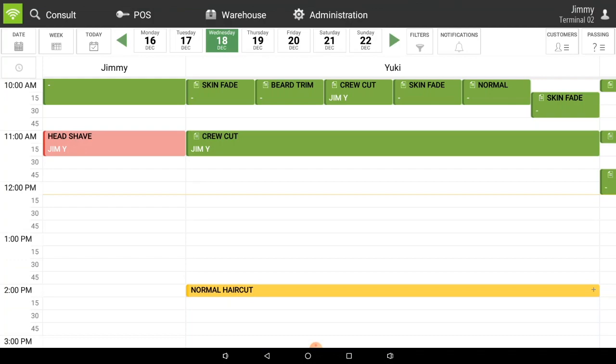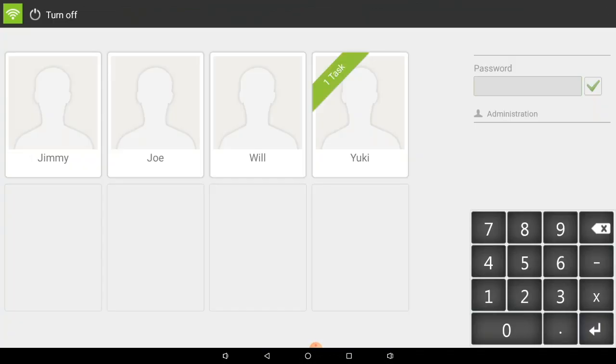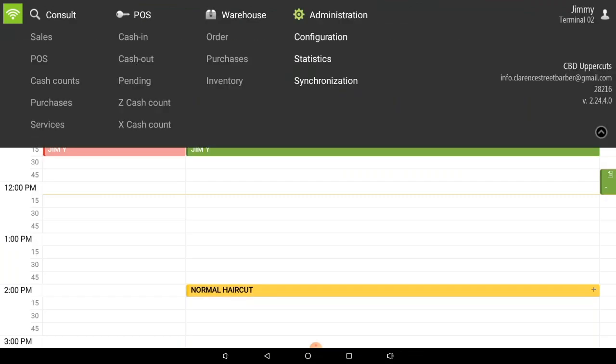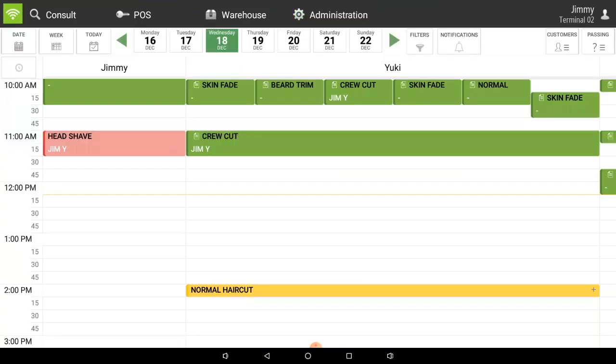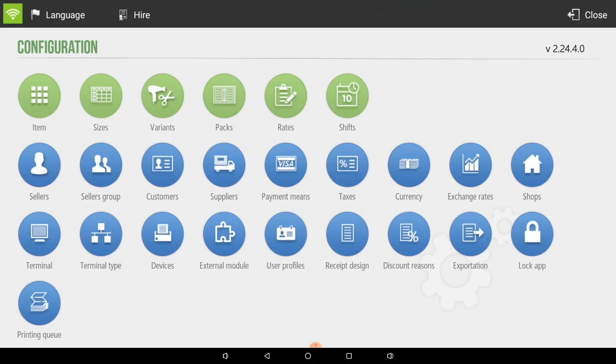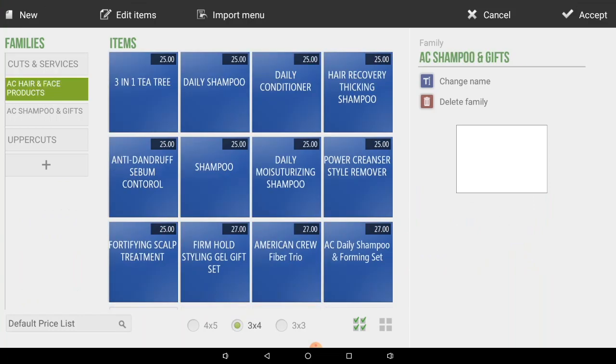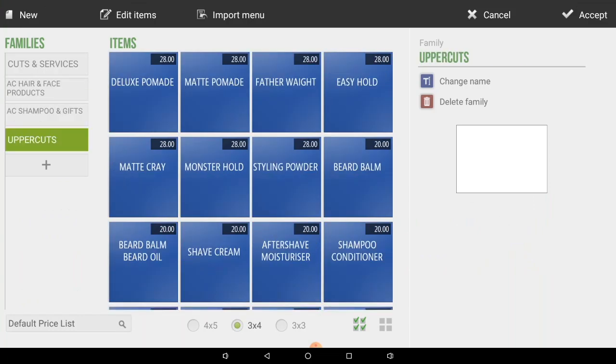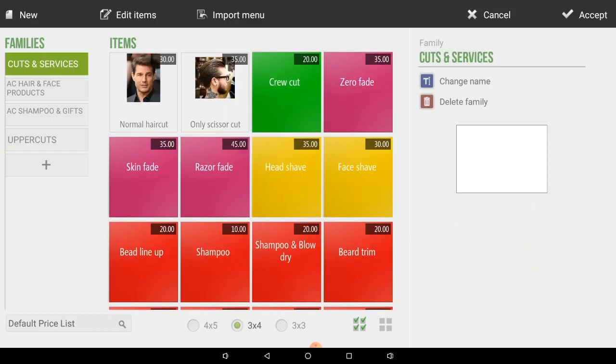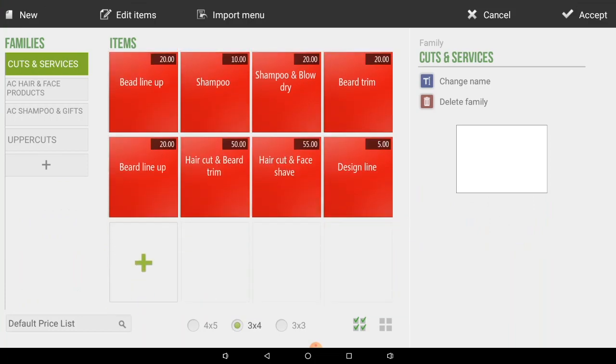Now, to go back to the beginning, we click on Jimmy, and Jimmy is an administrator, so when I click on administration, it gives me access to the configuration menu. If I go into configuration, the first thing we're going to do today is the items. If we click on the item, we have all the different families or groups in the system at the moment. Now, if we go to cuts and services, if we want to add a new item, we simply